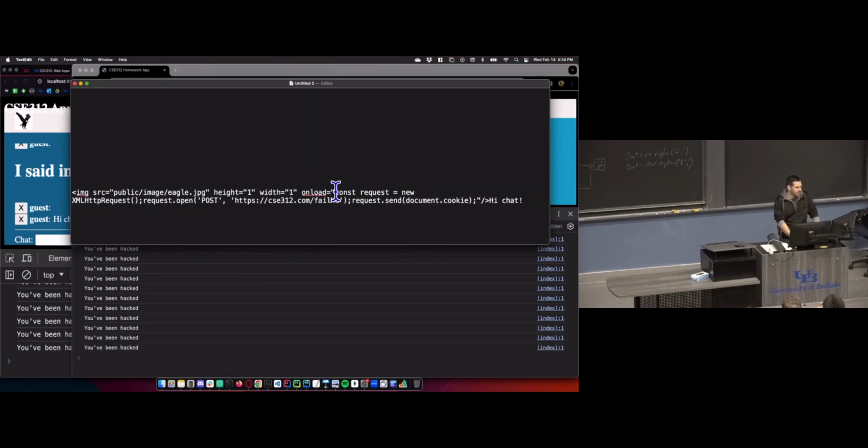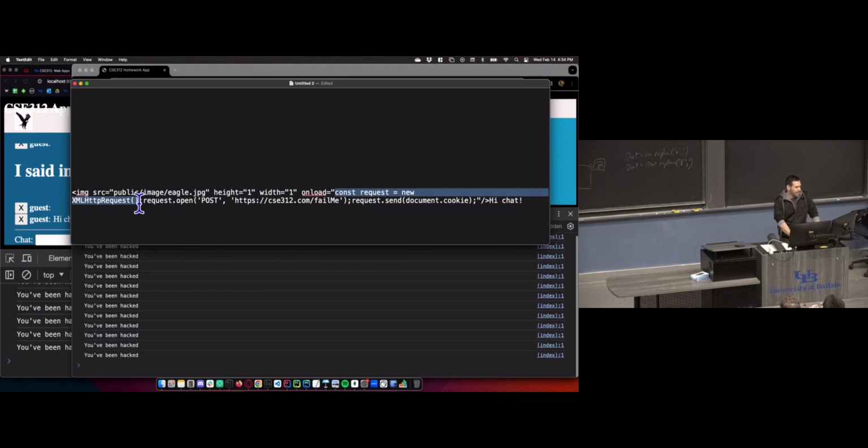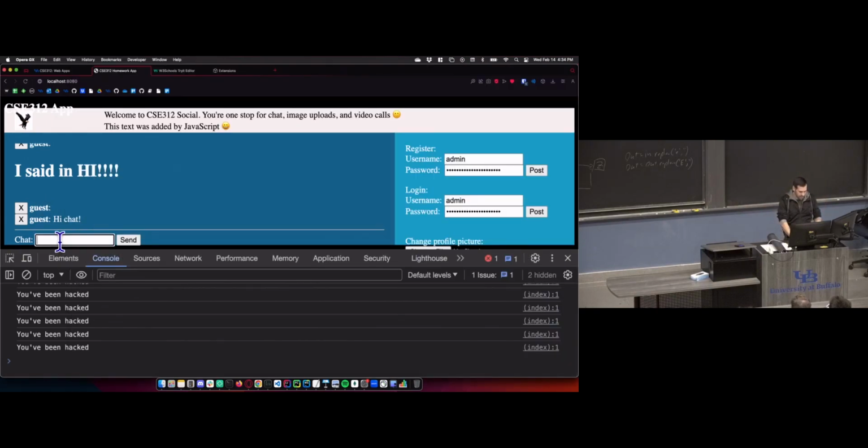This JavaScript is a little bit different. We're going to send an AJAX request, a POST request, to this endpoint that I set up, which doesn't actually do anything. It just responds with, you might have been hacked. It doesn't store anything in a database or anything, which doesn't matter because this is only accessible on my laptop anyway. I can only attack myself. And then send that with document.cookie, which is going to send all of my cookies to this attack site. Asterisk. I'll explain in a bit.